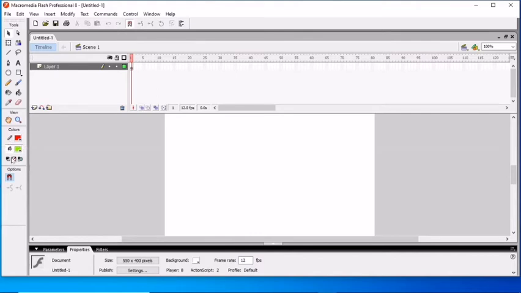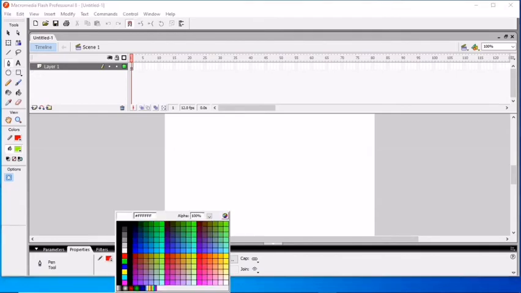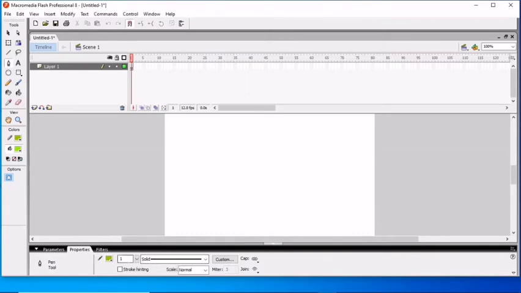In this chapter you will learn about three tools: line, oval, and rectangle tools. First is the pen tool. You can see this is the pen tool. Select this tool, and you can see the color appears red. You can change the color from this color palette. You can change it to any color, and here you can see the width of the pen is 1. You can change this to 3, and this is a solid line. Select this solid line and make any line. For example, I select this line and draw it.